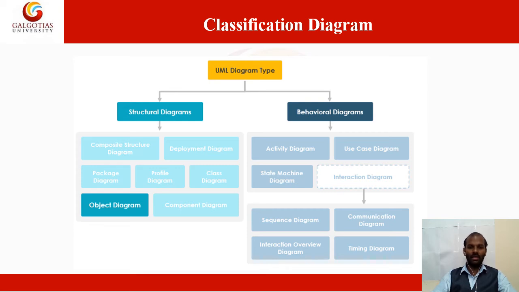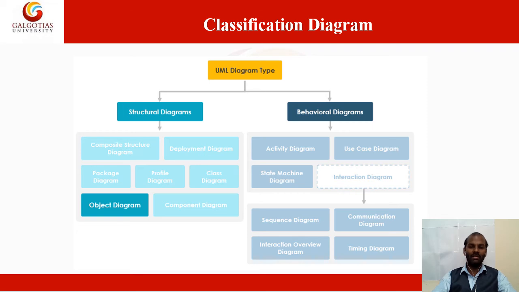The classification of diagrams. So the UML diagram types. What is meant by UML? This is the Unified Modeling Language. This Unified Modeling Language was developed by three persons: the authors are Rumbaugh, Booch, and Jacobson. These three persons initially developed this UML concept in one shape, and it came to the market, and many companies have taken this concept and are implementing it in all different kinds of software development.